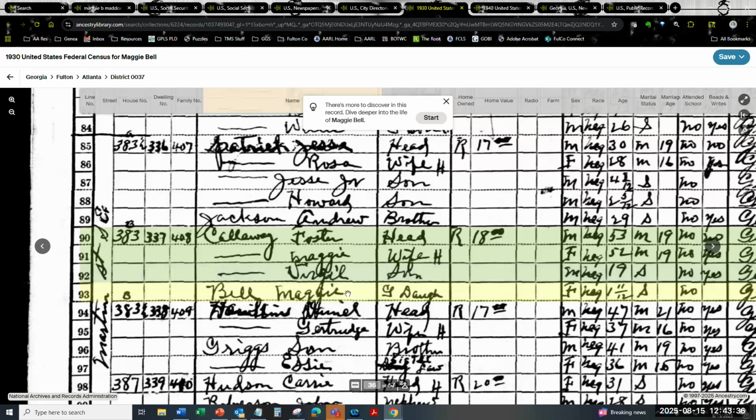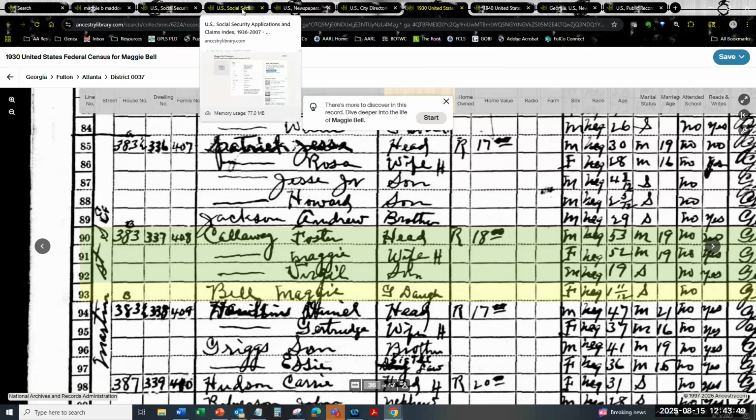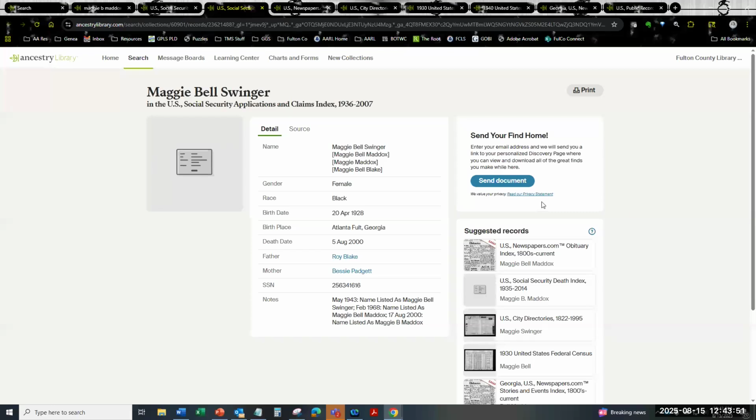And so in looking at this, I have found her in 1930, I found her in 1940, and like I said, I still haven't found her in 1950. But there are additional records that were available for us to look at. So going to my trusty tabs, this is her Social Security Applications and Claims Index entry, which is extremely helpful